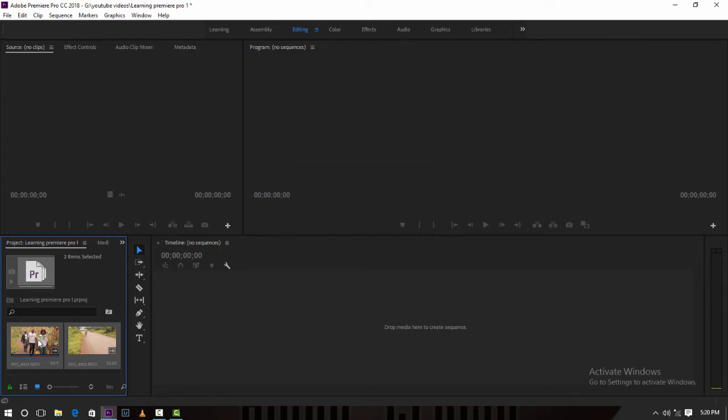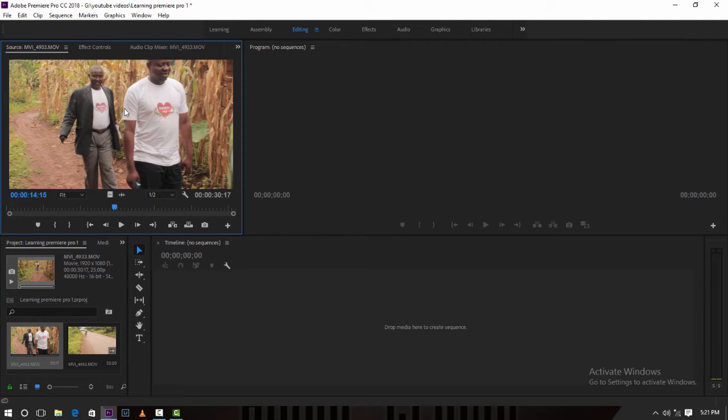Good. So you see these are the files I've imported on my project panel. So if I double click here, it's going to display here. This file is going to display on the screen. So at this screen now,